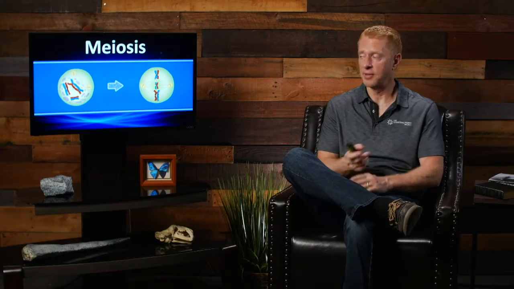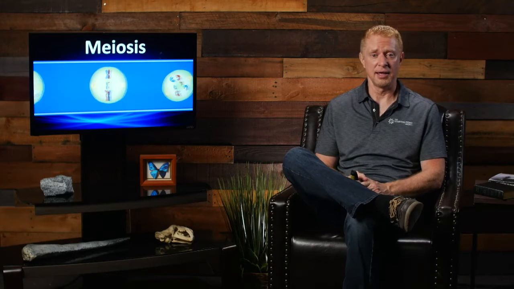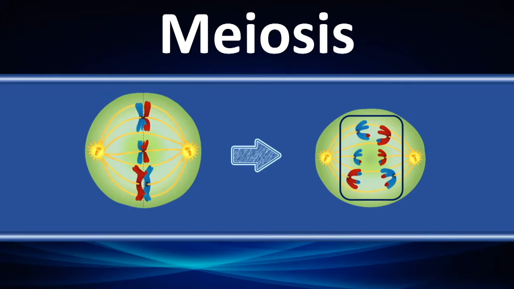So that's what happens when these chromosome X's are in the middle there, and then they start to get yanked apart back to their sides, left and right. And you can see in this particular diagram, as these X's are being pulled apart, there's a little bit of red on the tip of the blue, and a little bit of blue on the tip of the red, because that genetic information has mixed.